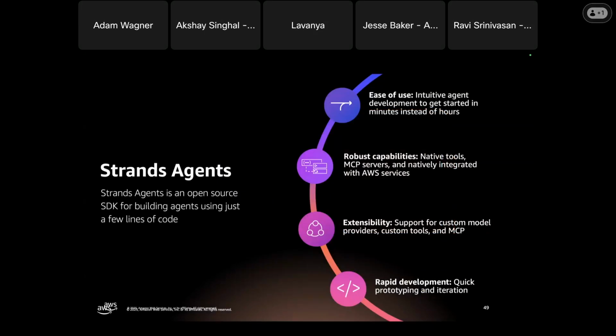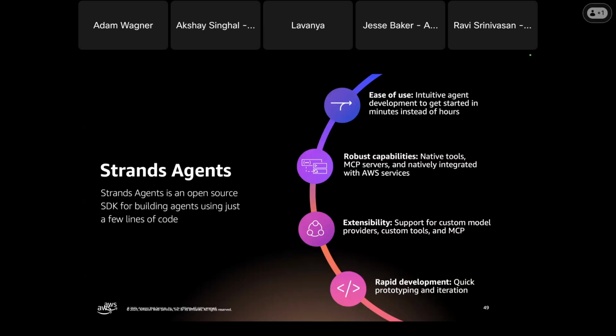It supports both, I saw a question about MCP go by in the chat. It supports both kind of local tools as well as remote tools via MCP servers, and we can get into kind of what that is. Supports very easily interacting with those models on Bedrock, but it also supports third-party models as well. So you could write an application in Strands, maybe you have a custom model that you've taken one of the open source models and customized it, and you're serving that model yourself. You call that from a Strands agent. So you can really call any model.